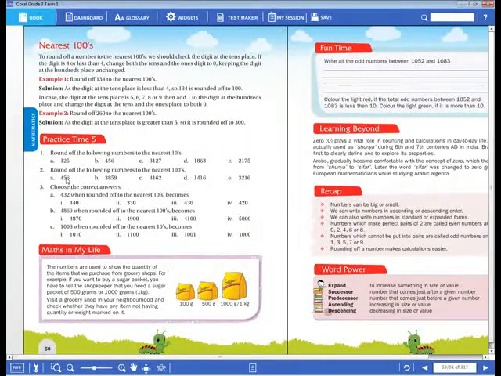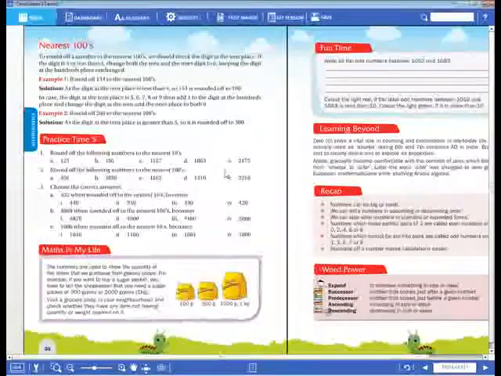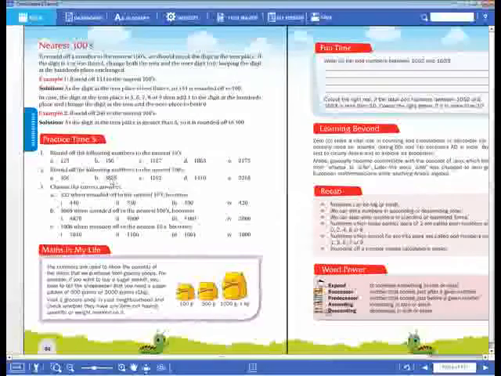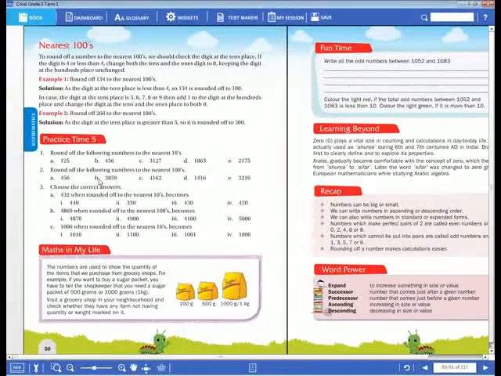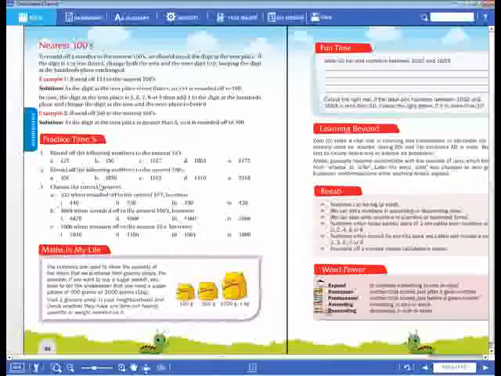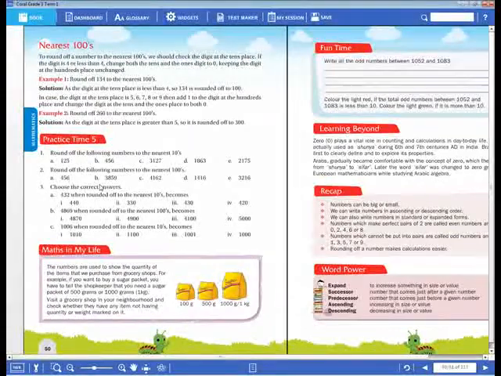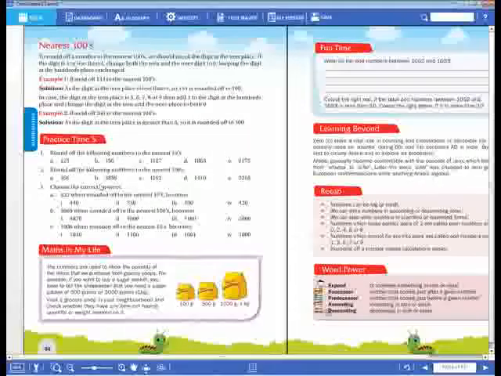Very good, Ritvik. Okay. Now what is the next answer? 3859. So what is the answer for this nearest hundreds? 3859. What is the nearest hundreds, dear children? 3900, because when we check the last two digits, it is greater than 50. So we have to take 900 here.